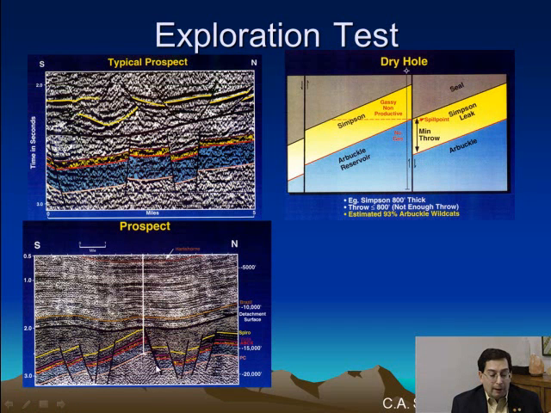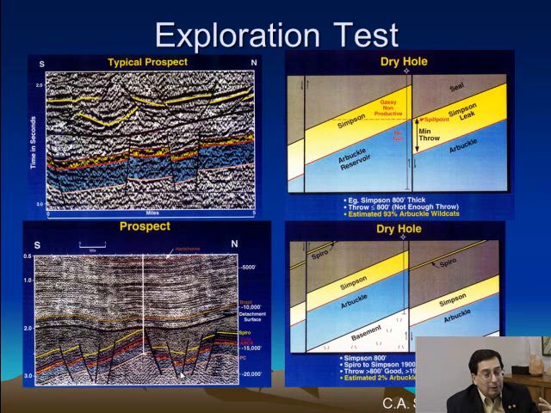There are some examples where there's a substantial amount of throw. Here is the Arbuckle in red and the Arbuckle in red here, and there's over 2,000 feet of fault throw, so clearly more than the 800 feet to overcome the Simpson. And I just point out that there is a thin Pennsylvanian sand called the Spiro. And the question is, would you drill this prospect? And the answer is, well, the company I was with did, because it's one of those cases of, would you drill this well again, knowing that it was a dry hole? And the answer is, I would drill it again.